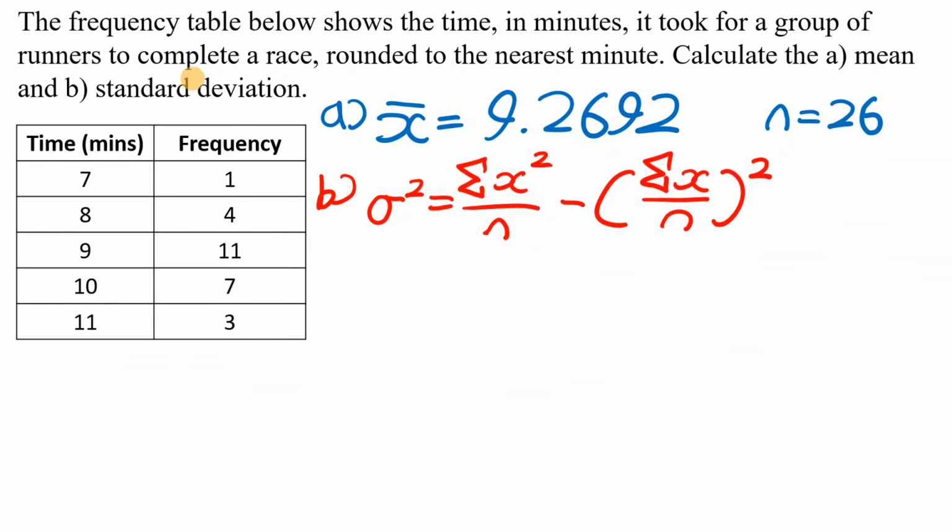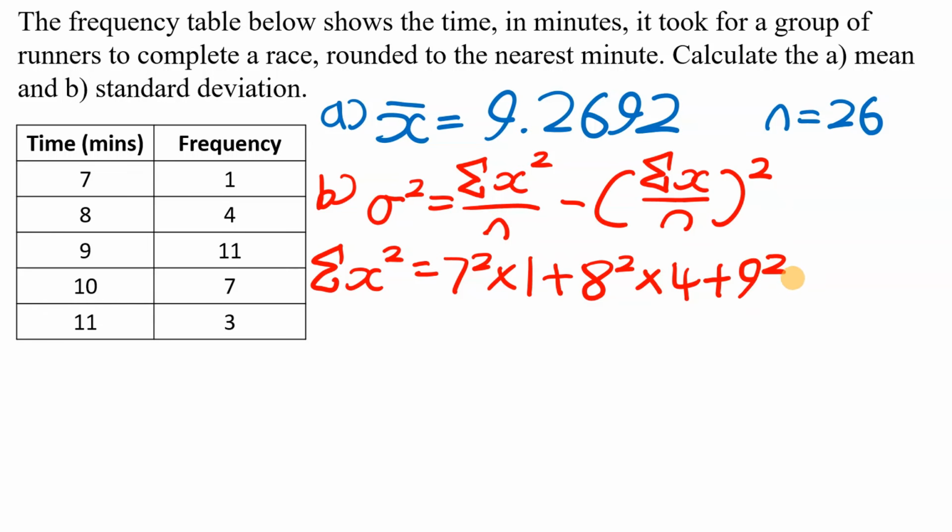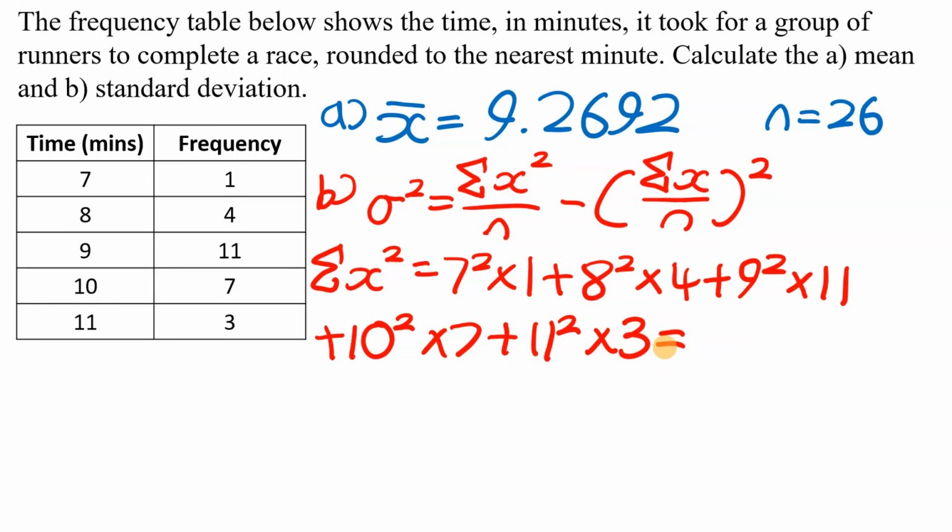Okay, and then for part B, we need to calculate the standard deviation. So this is the formula here for standard deviation. Firstly, we need to find sigma x squared. So this is all of the data values squared and added together. So sigma x squared is equal to 7 squared, and this occurs once, and then 8 squared, and this occurs 4 times, and then 9 squared, and this occurs 11 times, and then 10 squared, and this occurs 7 times, and then 11 squared, and this occurs 3 times. And if you put this into your calculator, this is equal to